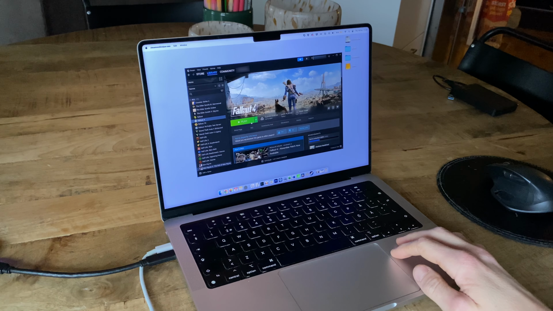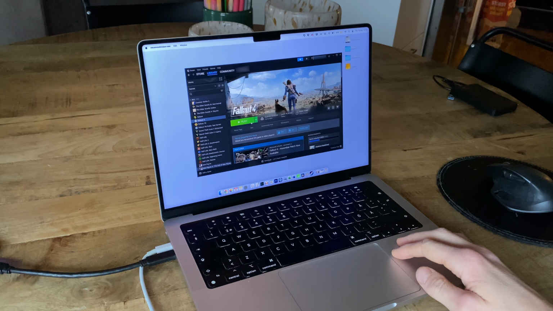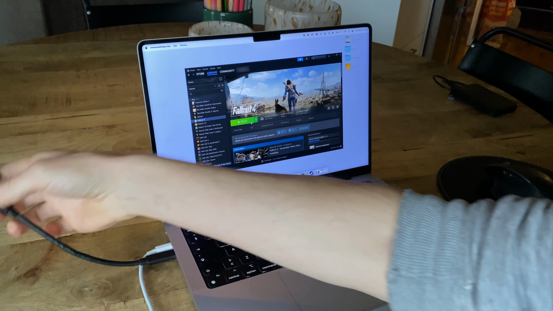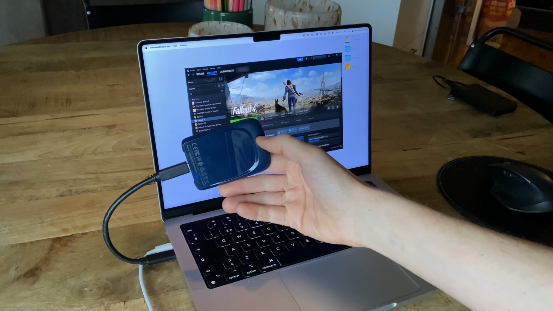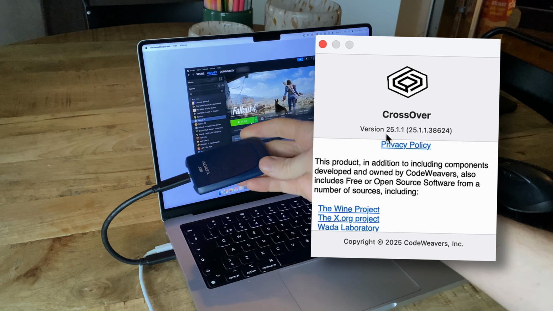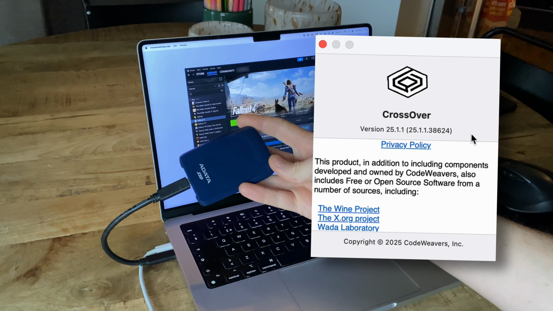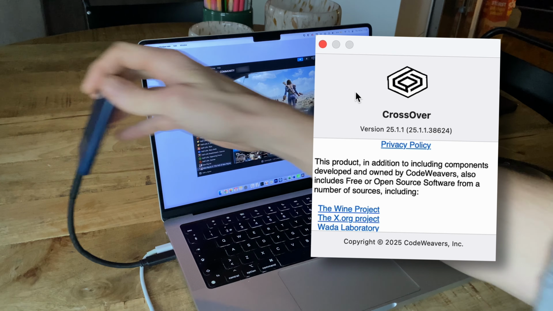Hi, if you're running Steam in CrossOver on your Mac and want to add an external hard drive to store all or some of your games on, this is how you do that. This is version 25.1.1 of CrossOver, but the process is very similar on older and hopefully newer versions of CrossOver